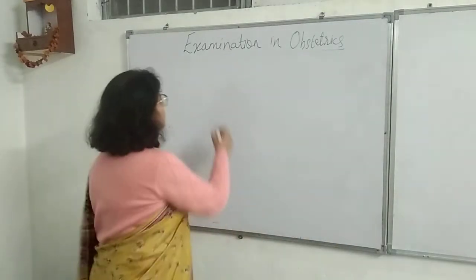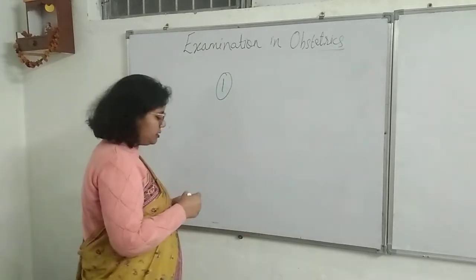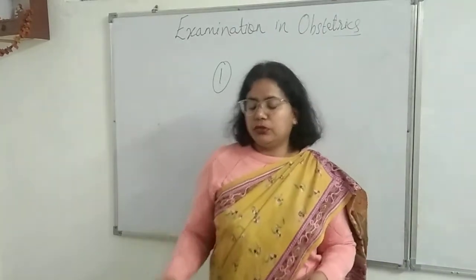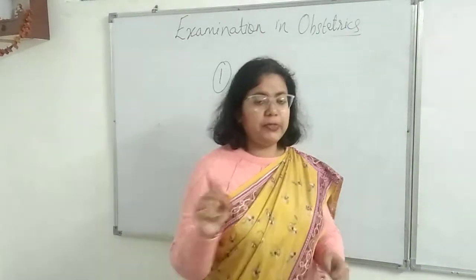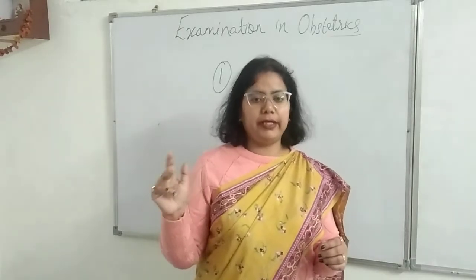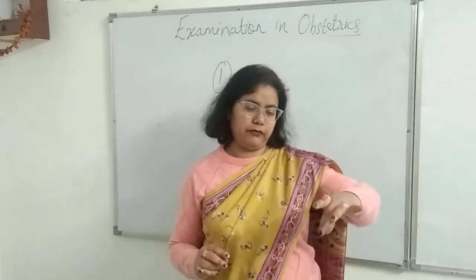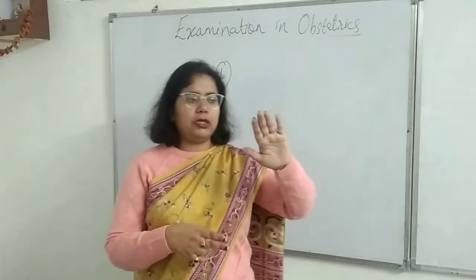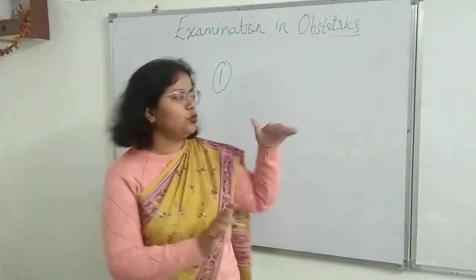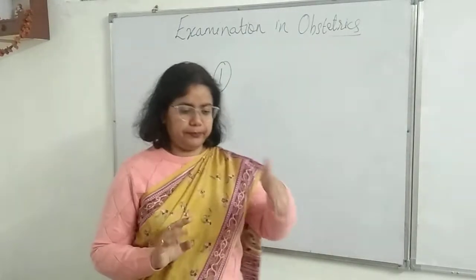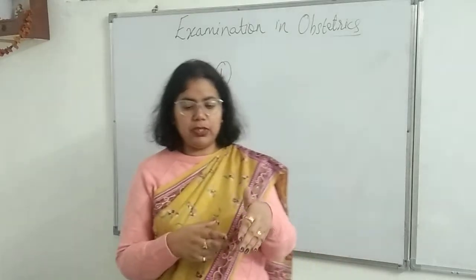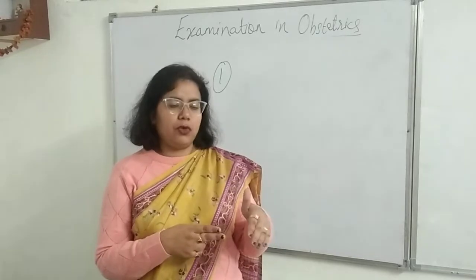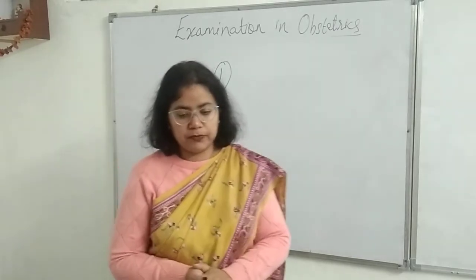So what are the important things you will look for with bimanual examination? You will insert two gloved fingers of your right hand if you are a right-handed doctor. Your gloved fingers are smeared with lubricant. Separate the vulva with the other hand. Then you insert two fingers and you put the palm of the left hand in a suprapubic position. So you are doing bimanual examination. From below you are inserting two fingers and from above you are holding with your palm.